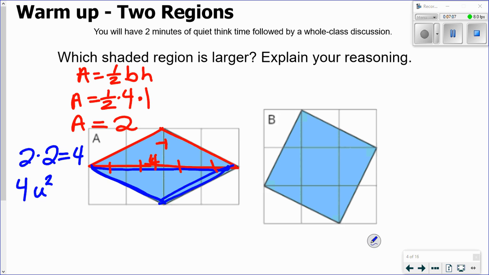All right, let's take a look at the strategy for B. A possible strategy that maybe you started with was attempting to count these square units on the inside. The issue we come into is that we have these odd size pieces that are shaded in, so we don't really know exactly how much of a square they take up. Possibly if you use patty paper, you might have been able to better figure that out. So it is very challenging to try to actually count the squares on this one,